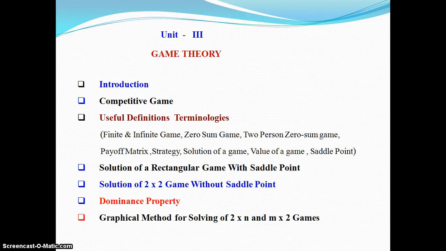In game theory we will discuss introduction of game theory, competitive game, some useful definitions, terminology in game, that is finite and infinite game, what is zero sum game, 2-person zero sum game, payoff matrix, payoff, what is player, strategy, solution of game, value of game, saddle point. These all definitions we will